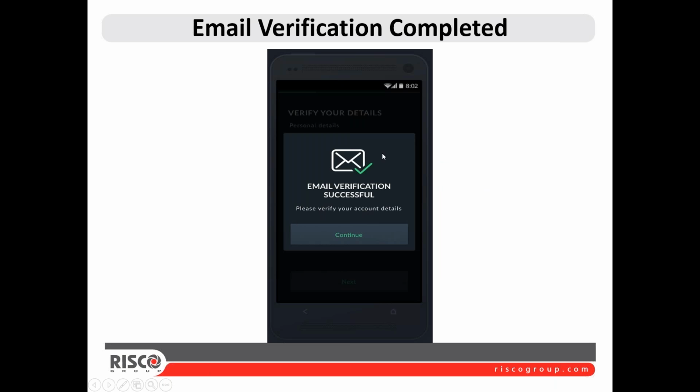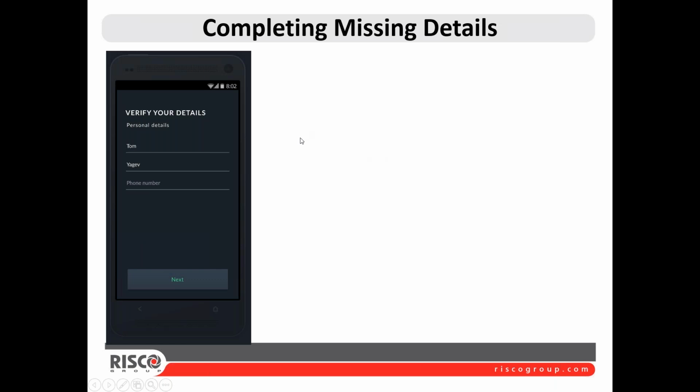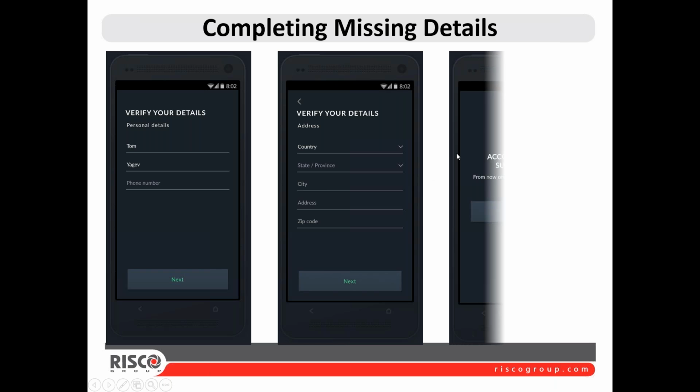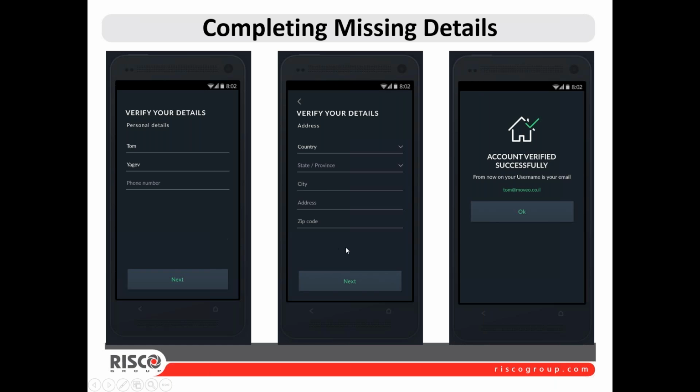Once they've done that, they'll see in the app that the email verification is successful, and then they can continue on using the app. Okay, look, customers shouldn't have any issues with this. I mean, they do get the app for free. So it's a simple matter of updating the information and making sure that all their information is up to date in the cloud. Okay, so they're actually required to put in all of this information. Now, once they've done that,